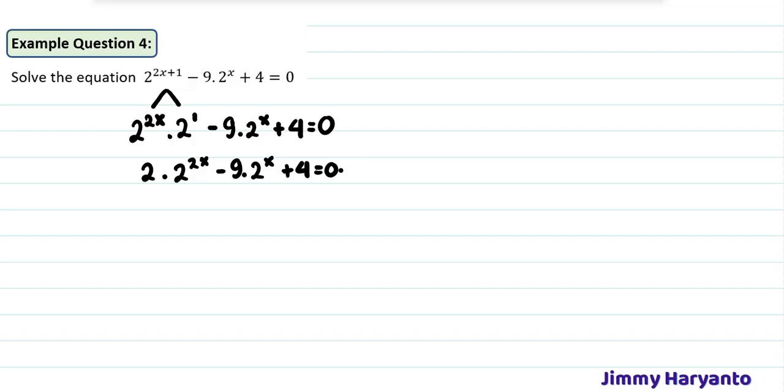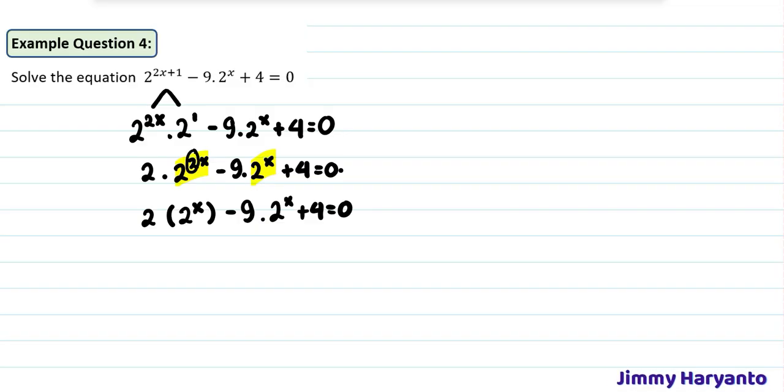Okay, right now I want you to focus on this one. We have 2 to the power of x and we have 2 to the power of 2x. I will rewrite this as 2 to the power of x. Wait a minute. Okay, but we still have these 2, right? That 2 can be written right here. It's the same, right? When you insert the 2, you'll have 2x, right? It's the same. But if you write it like this, you will know that this one is the same.